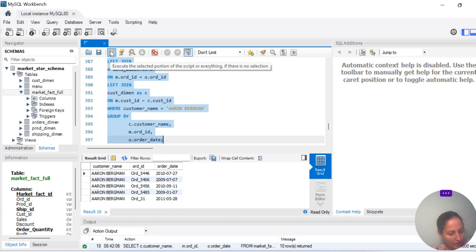You will see the information about RM Bergman: what order, what order ID, and what was the order date. You are getting all the information about RM Bergman. Now what we will do after this, we will use the lead and lag function, and